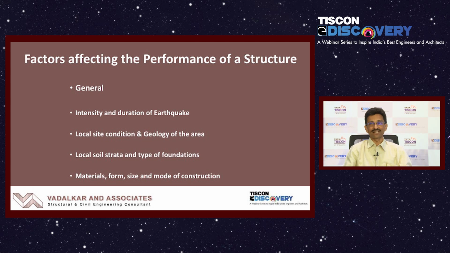Then of course local soil strata is also very important, and the type of foundations. Type of foundation again is decided by the engineers, so we have some control on the type of foundations that we choose. Again we have to be very judicious in selecting the correct type of foundations depending on the region and the soil strata available. And lastly, the materials used, the form of the structure, the size of the structure, the method of construction, and the materials used for the construction. This is of course definitely in our control. So we can control this last part basically, and then how do you control that risk of the damages, let us see.